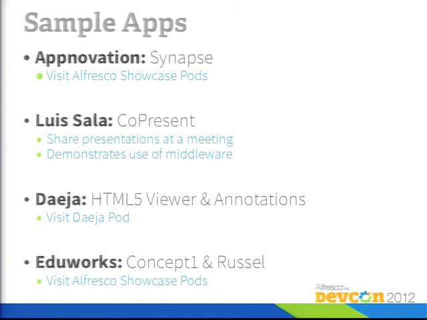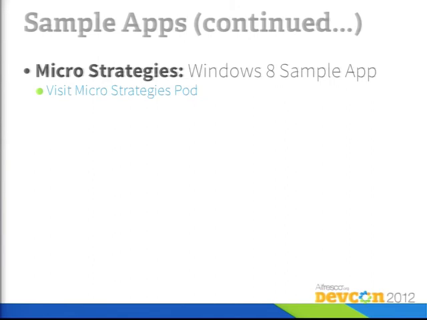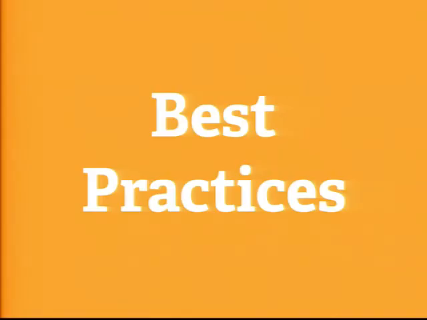Aside from being really slick little HTML5 apps, they also talk to their technology, which does a lot of semantic analysis of the documents, and so does some really cool things with content. Russell is primarily oriented towards courseware type of stuff, SCORM type documents and whatnot, and Concept One is more about the semantic analysis. So check that out. Also check out MicroStrategies' booth. They're showing off a Windows 8 app that's also basically HTML5 and talks to Alfresco using JavaScript. So it's worth looking at.